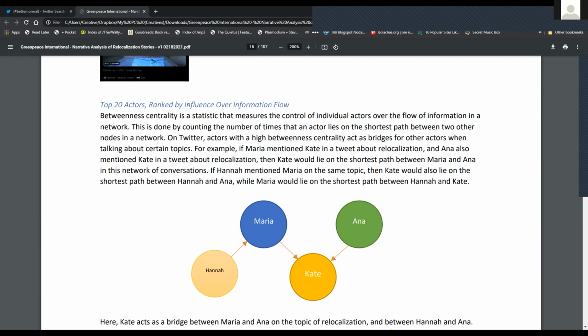So what betweenness centrality does is it counts the number of times that a node is on the shortest path of other nodes. And the reason why that's important is Kate here sort of acts like a bridge in the flow of information. I have a question lang. Yeah. So does this only apply toward in directed graphs, or does this also apply with undirected graphs? It also applies in undirected graphs. Yeah. Okay.